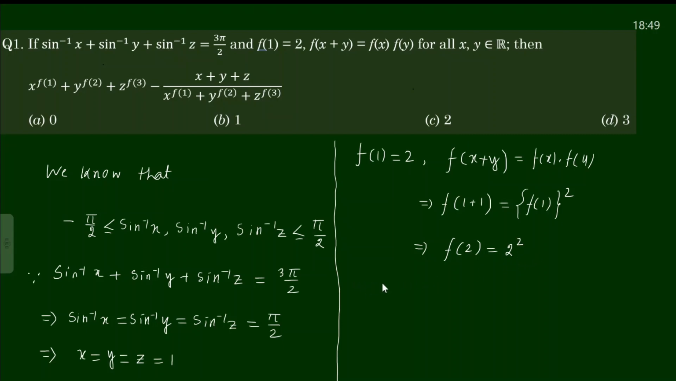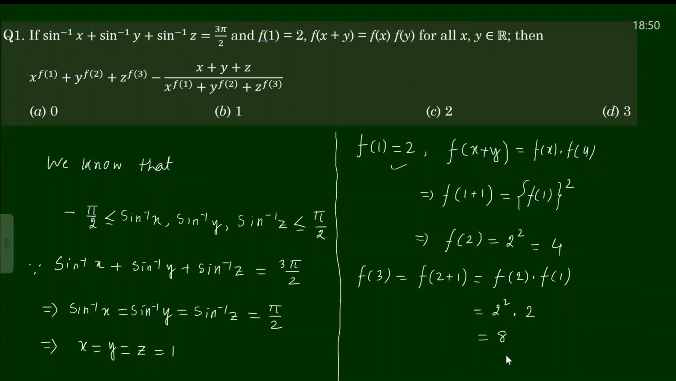Then we can also find f3, which is nothing but, you can write f of 2 plus 1, and that is equal to, by the functional relation, f2 into f1. And f2 has the value 2 square, and f1 is obviously 2 given in the question, so 2 cube means 8 is the value of f3, and we need these three values, f1, f2 and f3. Here f1 is already given in the question, f2 is equal to 4, and f3 is equal to 8. So now